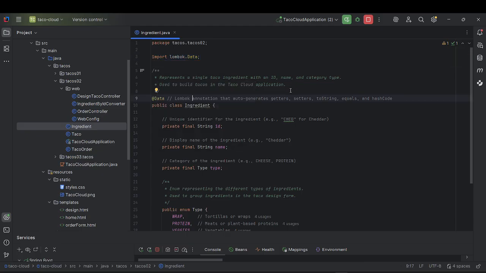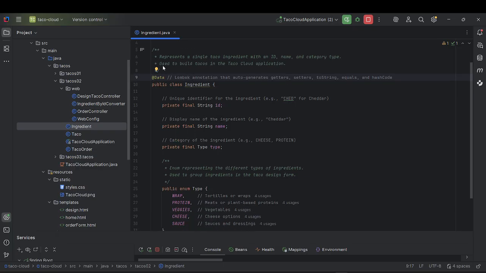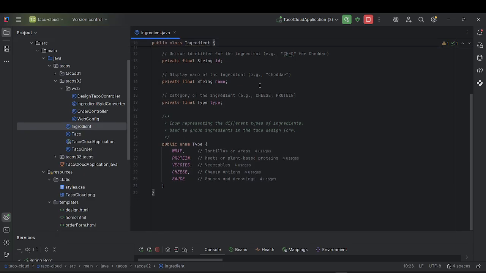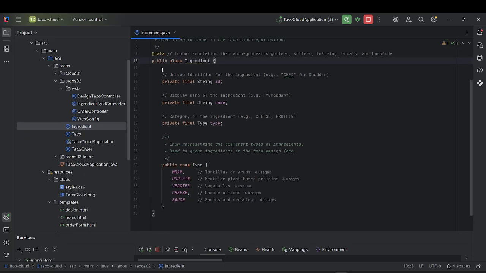So what Lombok does is it actually implements the annotations that auto-generate getters and setters, toString, equals and hashCode as well. Moving on, we have the data. So this is part of the Lombok. So it just gives the data like the getters and the setters, toString. Moving on, we have